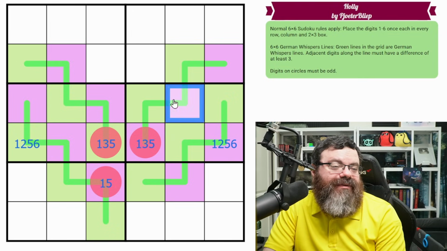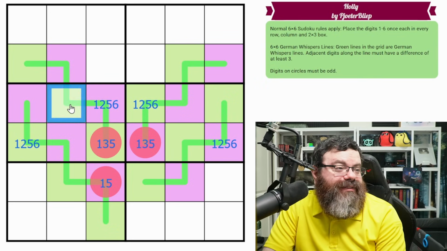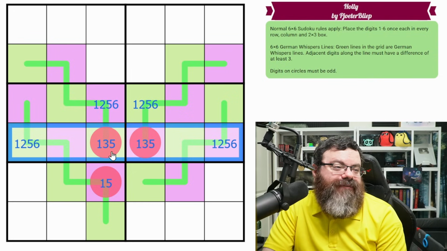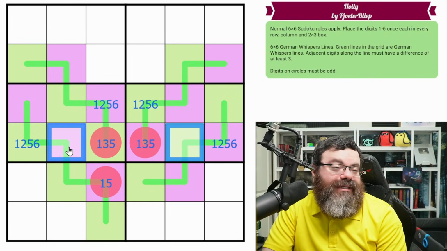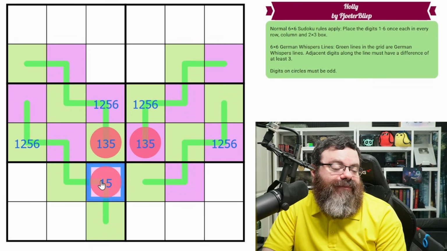Let me mark the rest of the 1, 2, 5, 6s if there are any more. This one here is 1, 2, 5, 6. Just for posterity here, 1, 2, 5, 6. I think that's it really. But look what I'm seeing here. Where's the 4? It can't be in the odd cells and it can't be on these angles. So the 4 ends up in one of these two. We don't know which, but whichever one ends up 4, we're either going to have a 1 here or a 1 here. Which means this is never a 1, which makes it a 5, which tells us that purple is